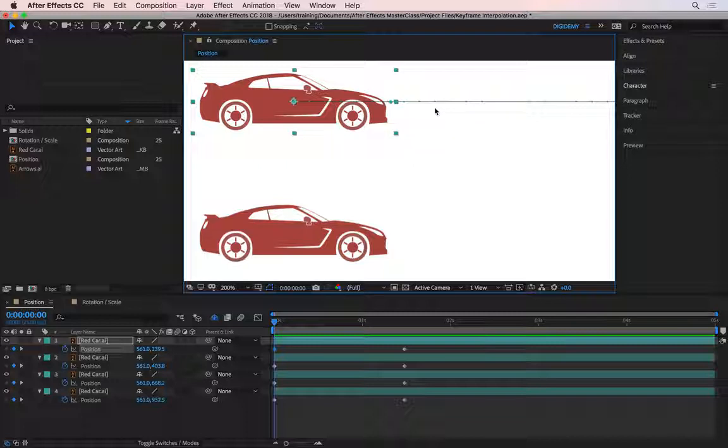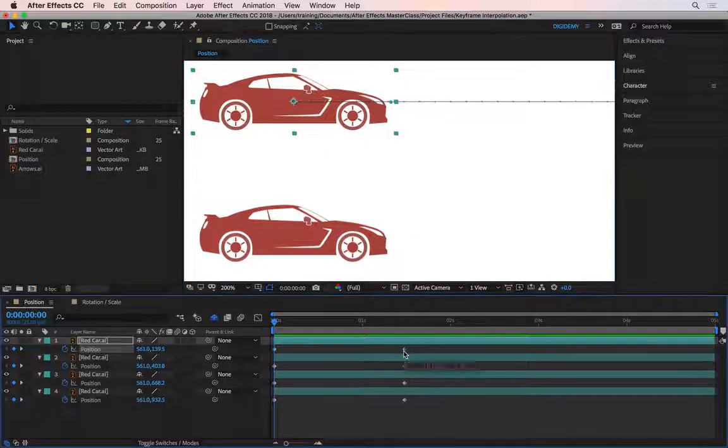And the distance between these dots represents the speed of the animation. The further away these dots are from each other, the faster the animation, or the greater the jump is between every frame. The closer the dots to each other, the slower the animation, or the smaller the jump is between every single frame. Let me just separate these 2 keyframes away from each other so we can see what's happening to the dots here. If I give it more time to complete the same animation, that naturally is going to increase the amount of frames I have on this motion path. If I decrease the distance between the 2 keyframes, you see I now have fewer dots,